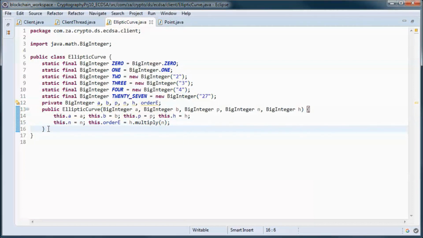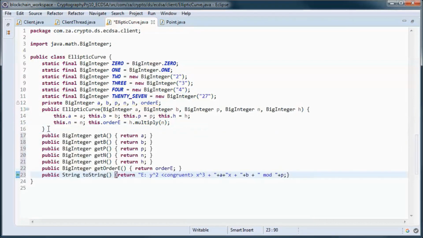And we will have those get methods and this toString method that will print out y squared is congruent to x cube plus the value of a, x, plus the value of b in mod the value of p.